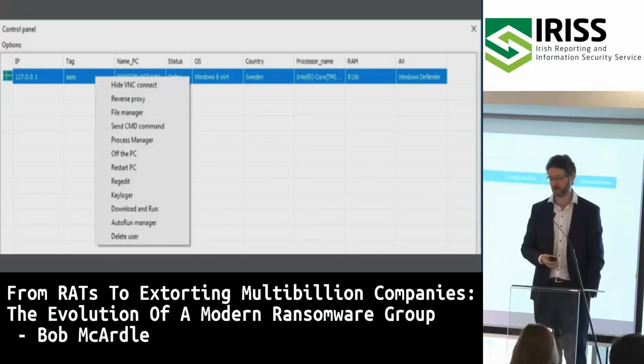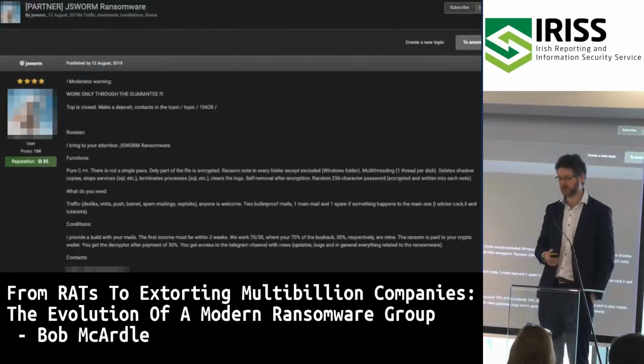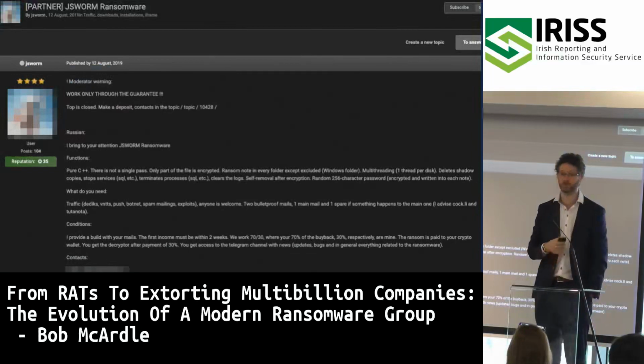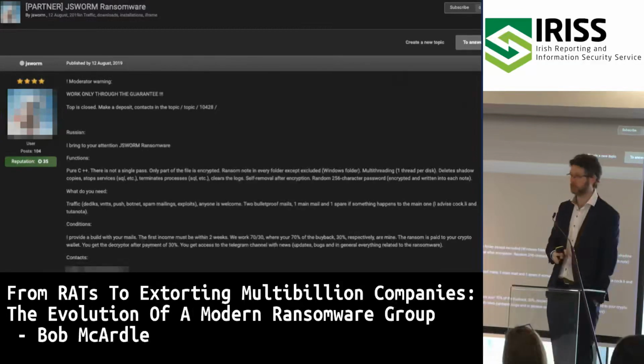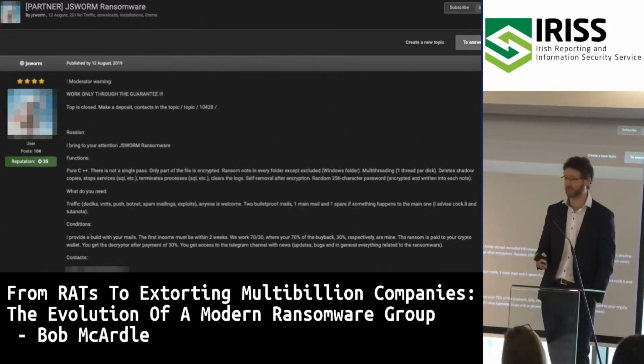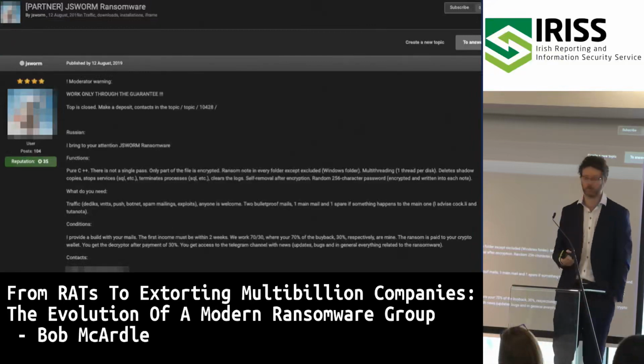So this particular actor, JSWorm, is quite the entrepreneur and moves on over time and sees this ongoing trend of the mass ransomware that was happening at the time. So they created their own version called JSWorm Ransomware, which, no prizes for originality on the naming there. And when we look from a technical point of view, it's well written. It's nothing groundbreaking, but ransomware doesn't really have to be. It just has to encrypt files, right? You can technically throw everything into a password protected zip file and it's a ransomware, right? It's not a particularly good one, but it still kind of works.